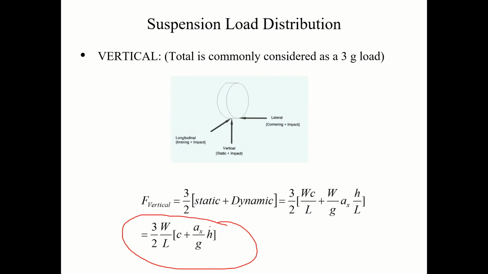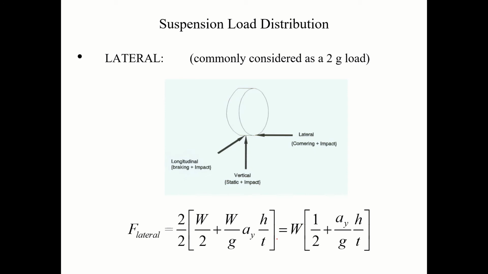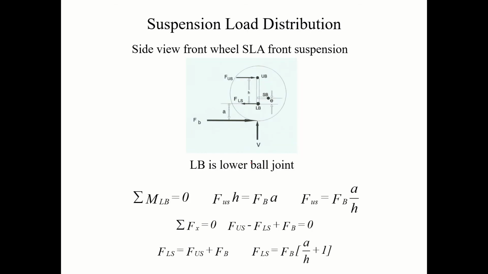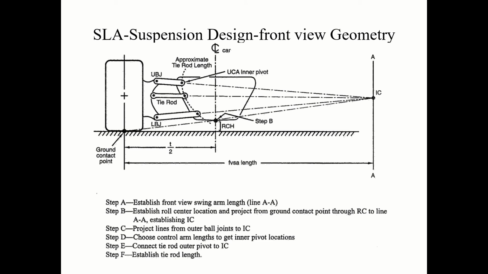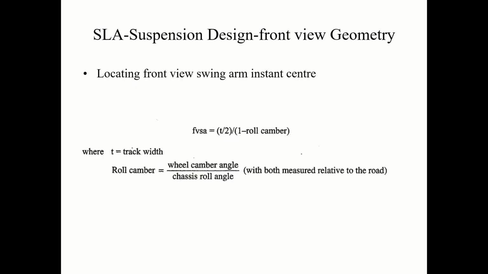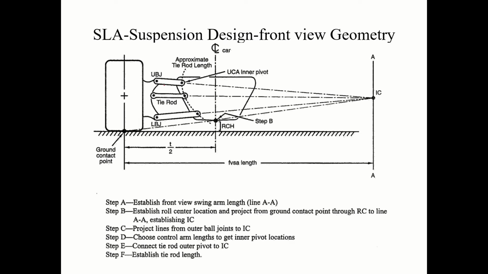Vertical load maximum. Similarly, what is the maximum lateral load? Once we know all these loads, then we can go back to our system like this. So here you can see we should be able to calculate this knuckle joint, stub axle, then load up. This is the upper control arm of the suspension, lower control arm of the suspension, roll center